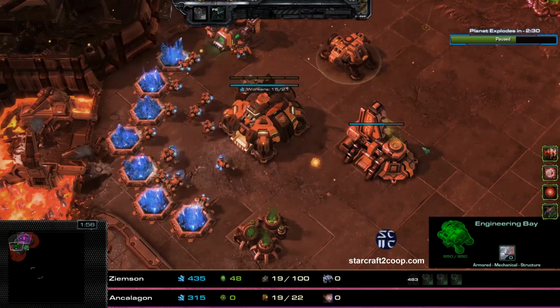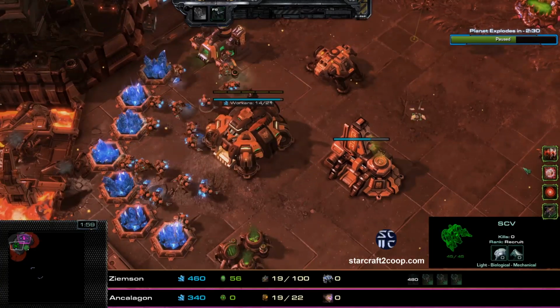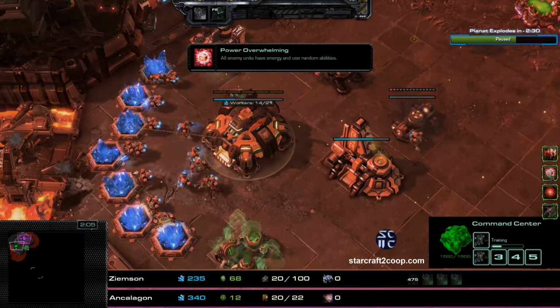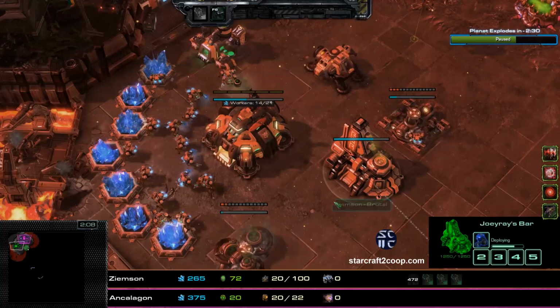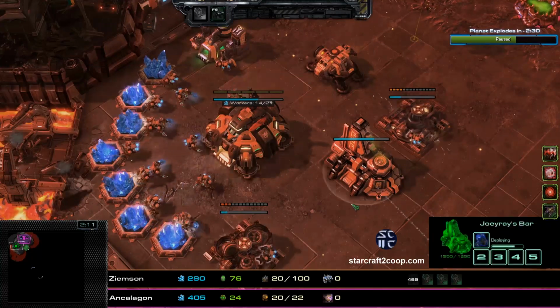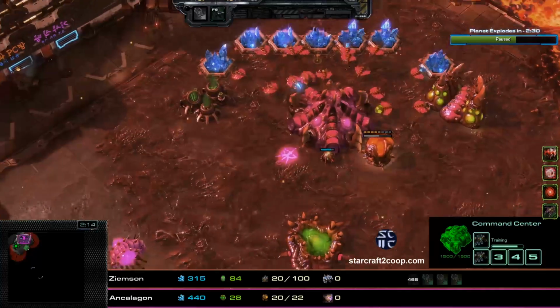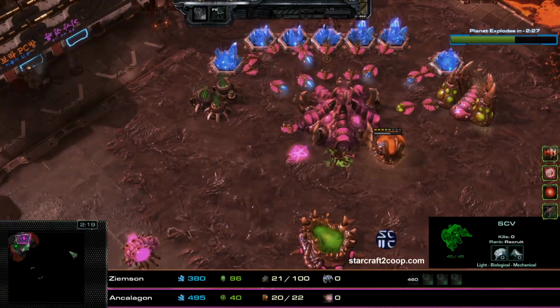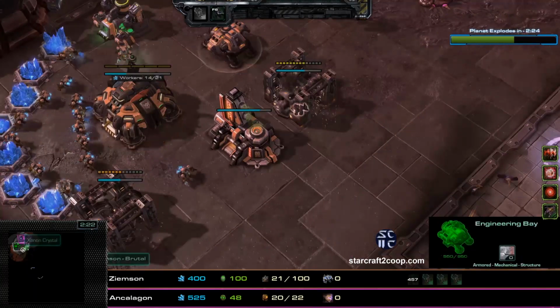+6 difficulty mutation, but it's going to be a complete skill fest because all of Amon's units are going to be skilling you, and then you also have the heroes that will be skilling you with even more deadly abilities. You can see that we have Ziemson and Ancalagon that will be going to try and deal with this mutation